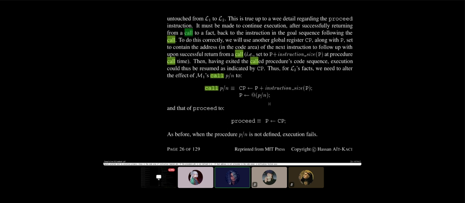So if you have more than one call, it's messed up. This is for facts. Actually, for facts this shouldn't break though, because we're saving the program counter in CP and then proceed pops CP.